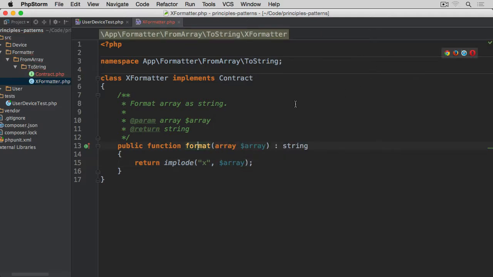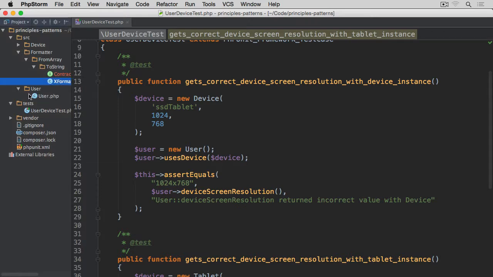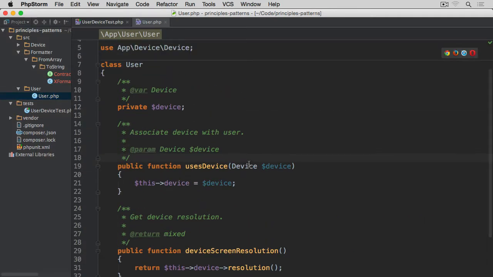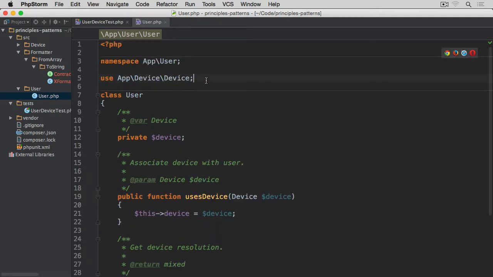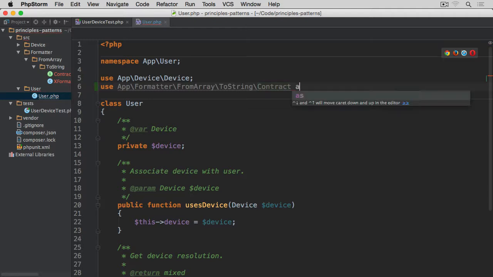Now the only thing that's left, if we now save the file and close it, is to apply this formatter from within our client, this user class. Let's open our user class, and what we are going to do is to take an argument here for this device screen resolution. And this argument is going to be this contract which we've just created. So let's use contract, this app formatter array to string contract, but I'm going to alias it as array to string